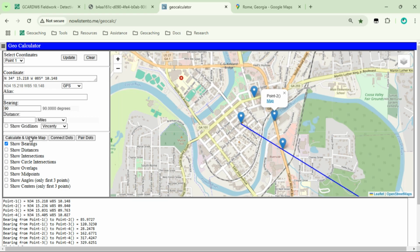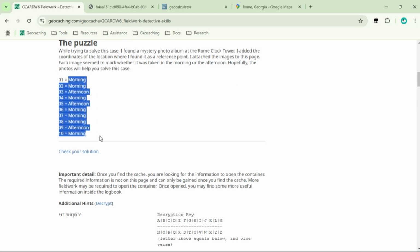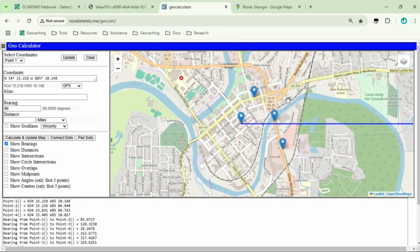Now, the big hint in here is also that we're talking about a clock tower. And here we're talking about mornings and afternoons are important. Again, maybe referring to time, and that is indeed how this is solved. So if we look at this, we see this one pointing to 3 o'clock, and so that is a 3. This one is pointing at 4 o'clock, so if we do 120 degrees, it's 4 o'clock,